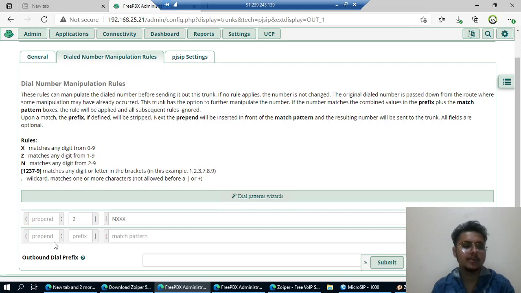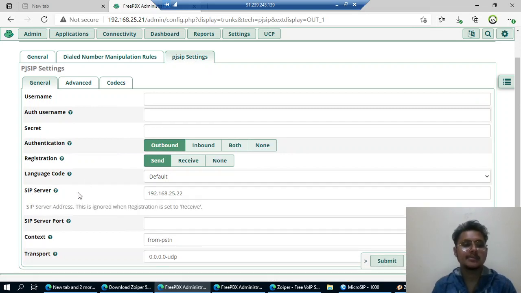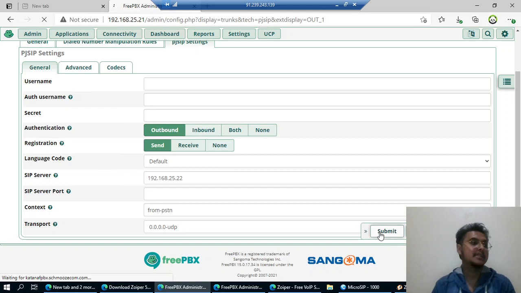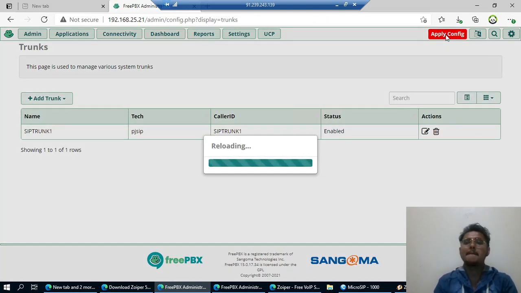We don't need to update anything here, and prefix as 2 and match pattern as XXX. Let's click on the PJSIP settings, and for this we can click SIP server 192.168.25.22, and we need to click on submit, and we need to apply config,